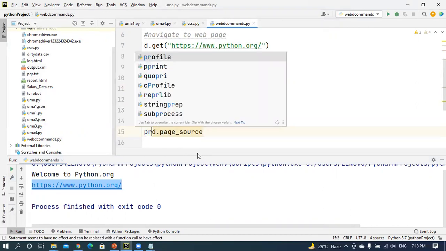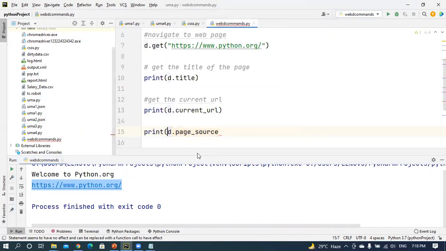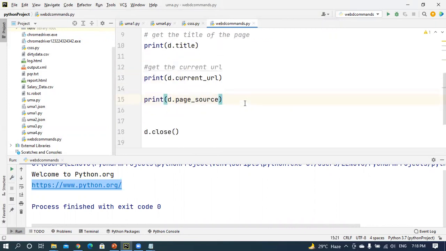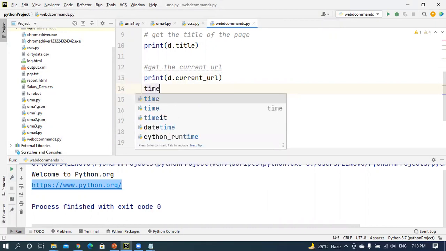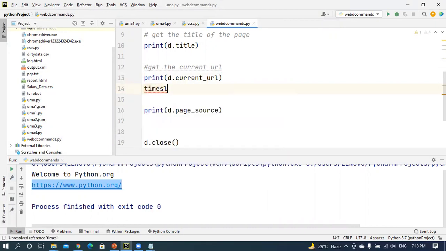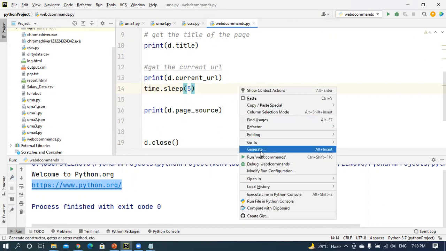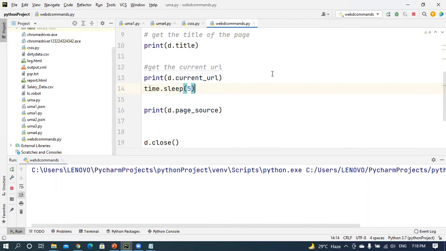For example, print page source. If you execute this, I am going to give some time: time dot sleep for 5 seconds.